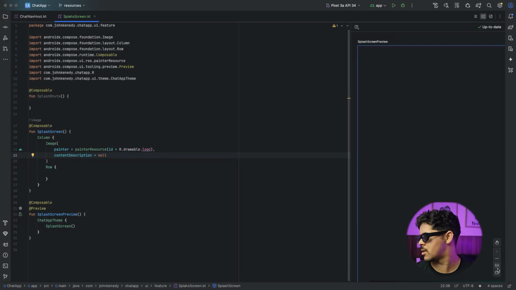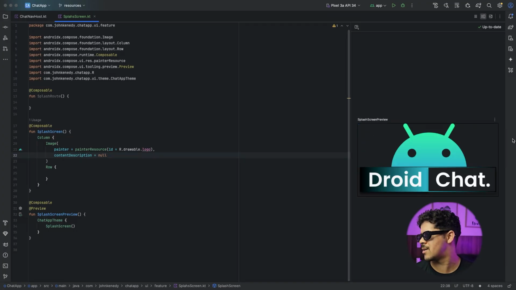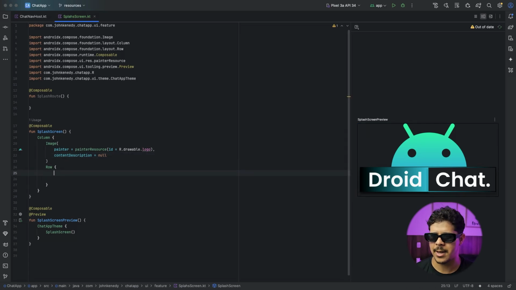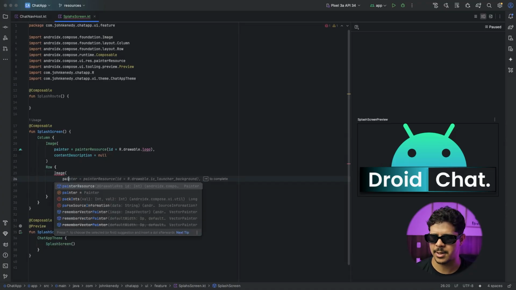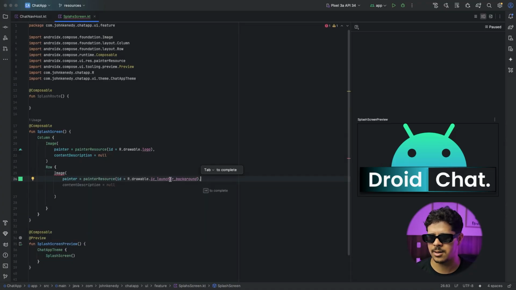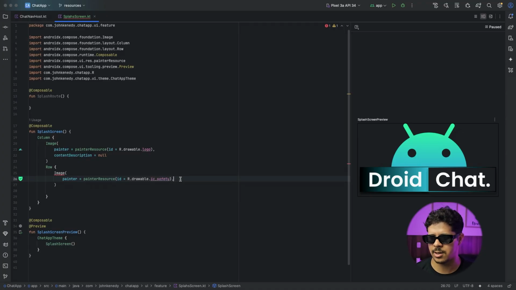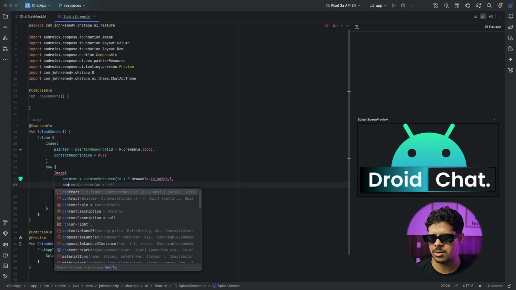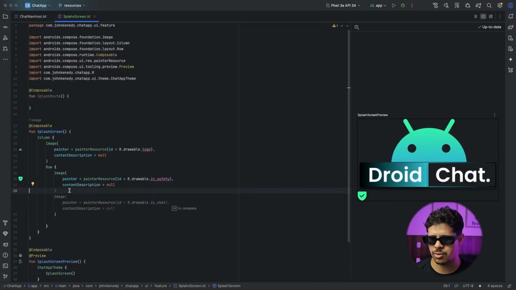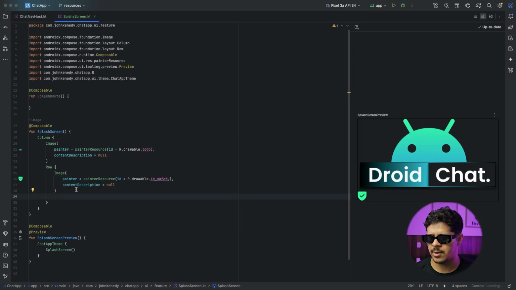You can see here, something is already happening. You can see we have this big logo here, and here in the row let's pass another image. Let's pass a painterResource, and here you can pass the safety one. I'll pass safety like this, and let's make the content description null also. And you can see this is our icon here, and in front of this, because we are in a row,